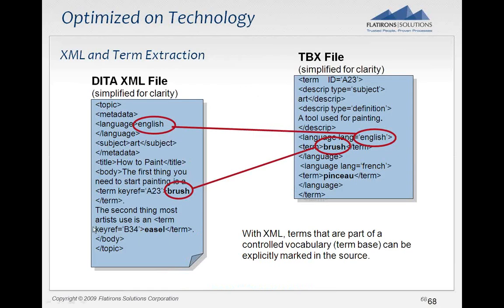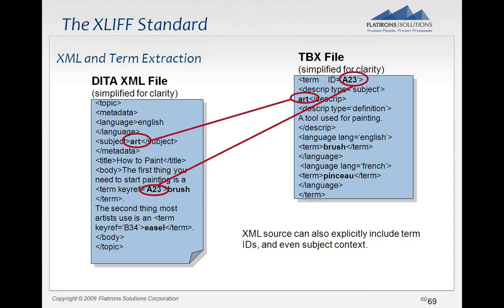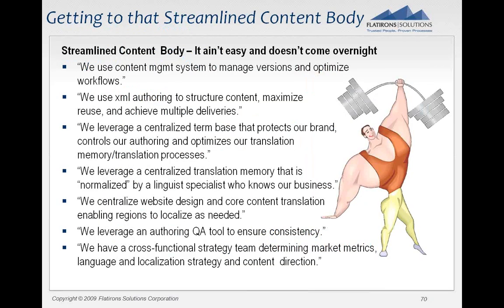If you looked at XML and term extraction, and I'm just going to have to blow through this, there's ways that as you identify terms in a TBX format, that can then be mapped back to your data and vice versa here in a fast and easy way, which is an exciting way. So if you looked at getting to a streamlined content body, which is what I've covered here in the 3,000 miles we've traveled, my bias still is that a globally fit to the max